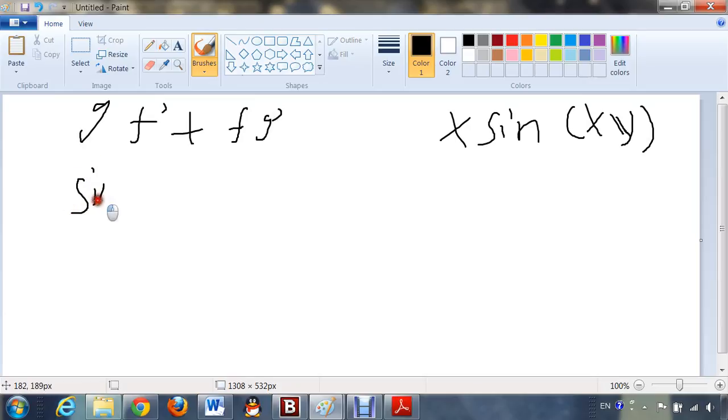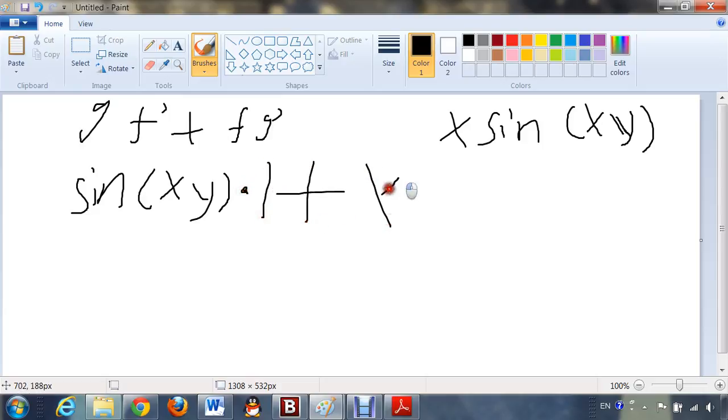Here's sine xy, because we just write down the g function without doing anything to it, and then multiply by the derivative of x, which is just 1, and then we add x times